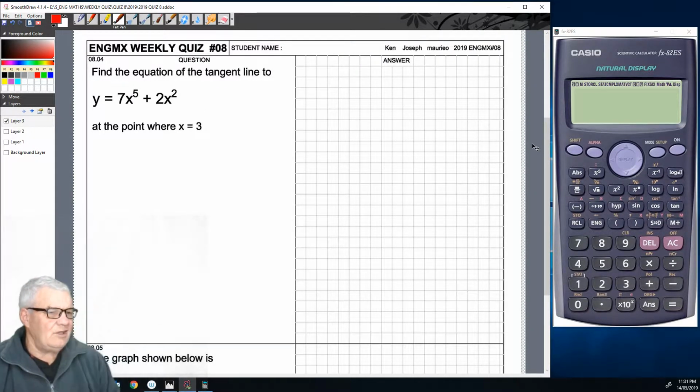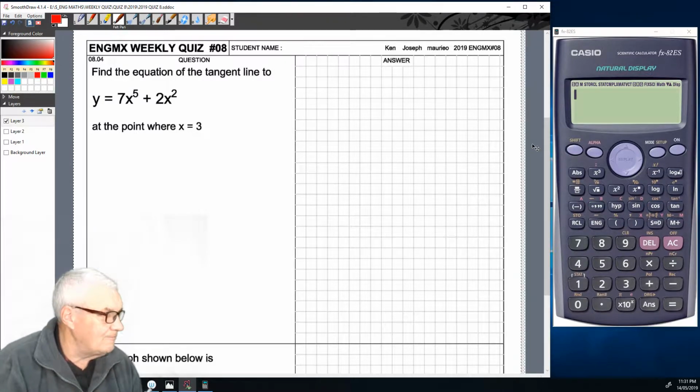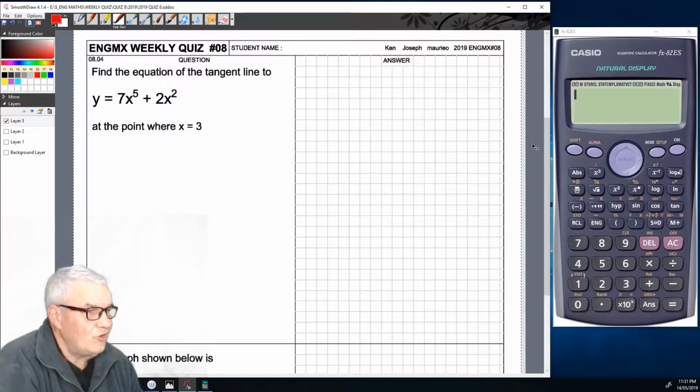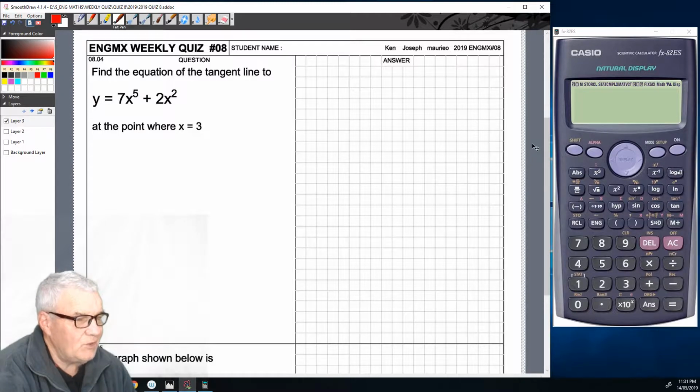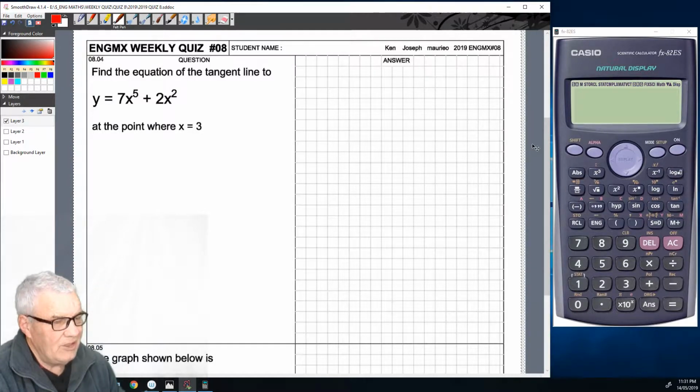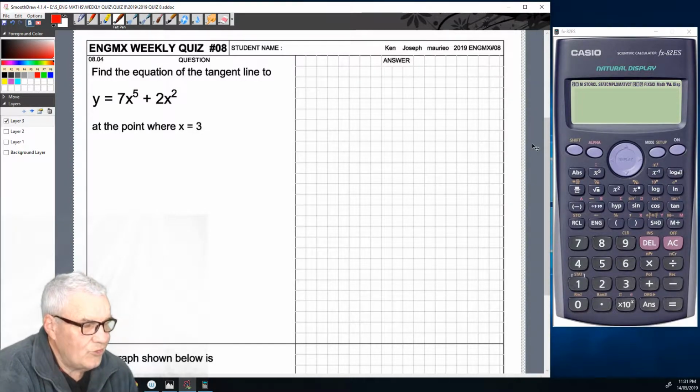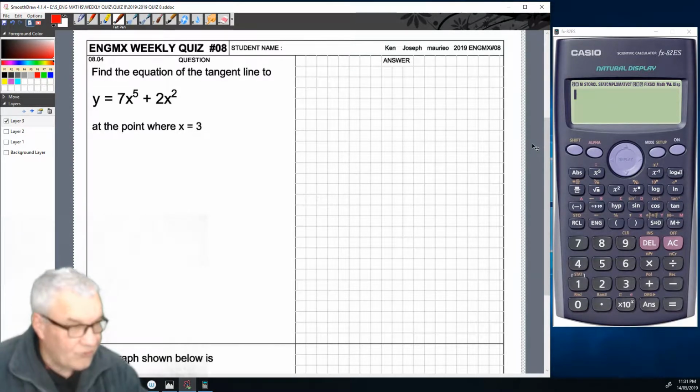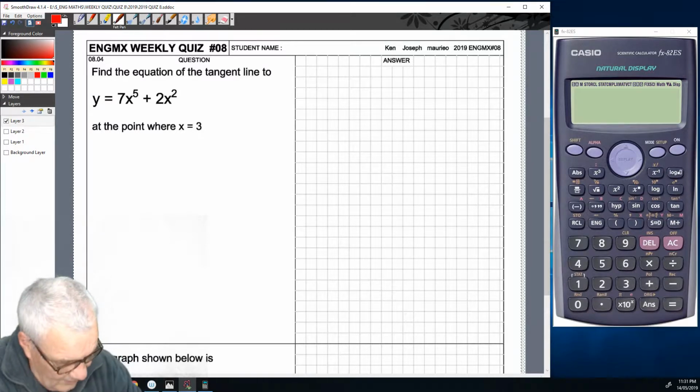So, find the equation of the tangent line to y equals 7x to the 5th plus that, where x equals 3. So, the story here is that dy by dx,